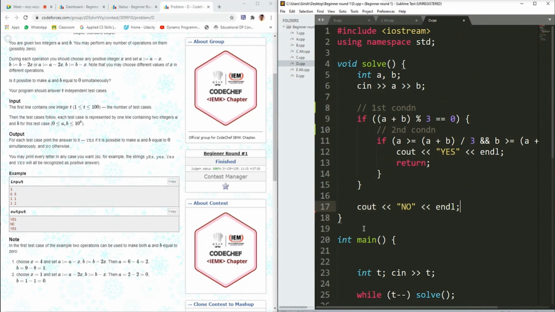Do we have any doubts in this particular question? No. Okay. Have you followed any other approach? If you have followed any other approach, you can share it for problem B, C, and D. If you have solved the problem and you have used any method which is different than the one which I explained right now, you can share it.